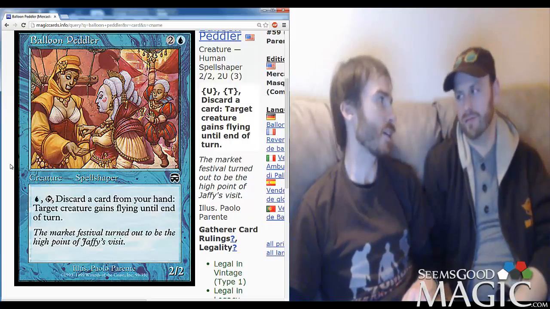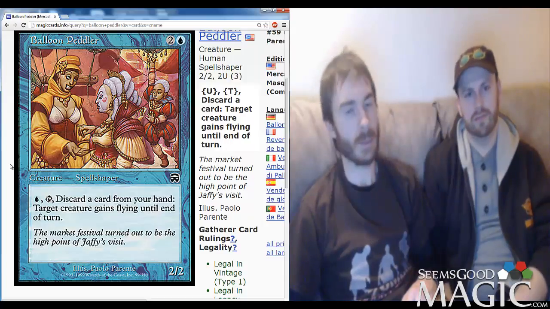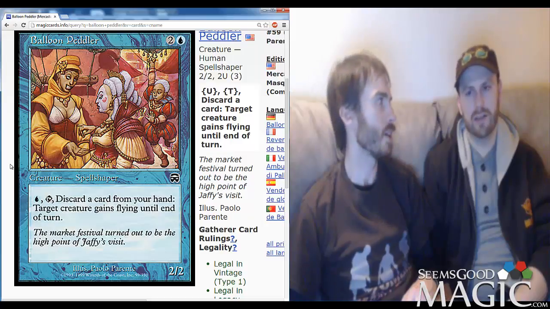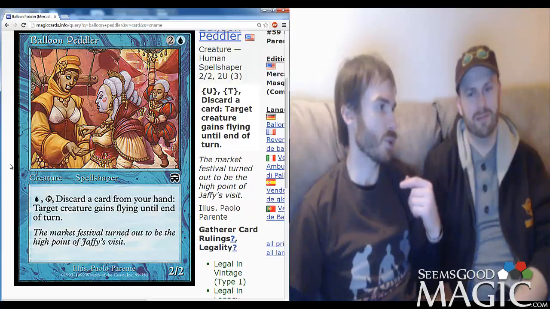Still liking my standard deck. It's performing well. Jake and I are hoping to do a Mirage block draft while they still have it online. I guess the Lion's Eye Diamonds online are going for like 120 tickets, something crazy like that. And last time we did a Mirage draft